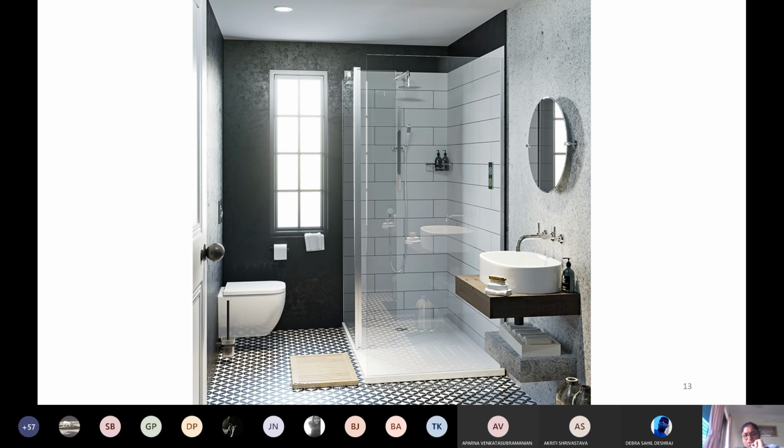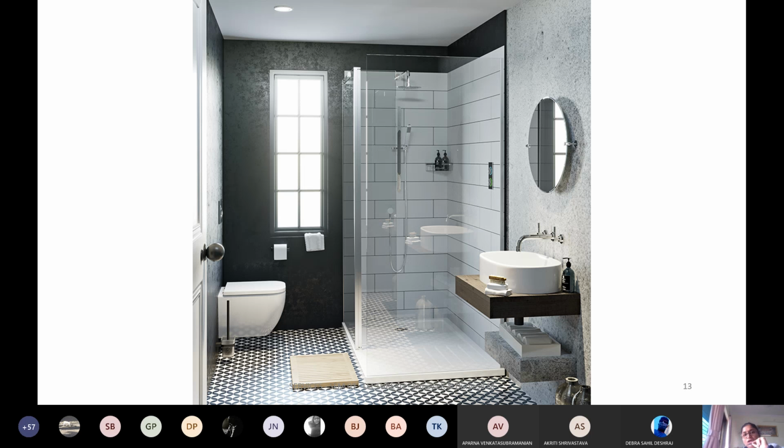Now these are a few of the pictures that I got so that you can correlate with the layouts that we talked about. This is a corner shower cubicle. It has glass on the two sides which are exposed, and a wall on the other side. You have a pot. Because there is a shower cubicle, there is a shower tray at the bottom, so you don't need to give a depression. Whenever you don't use a shower tray, you need to give a slight tile drop so that the water doesn't flow into your dry area.